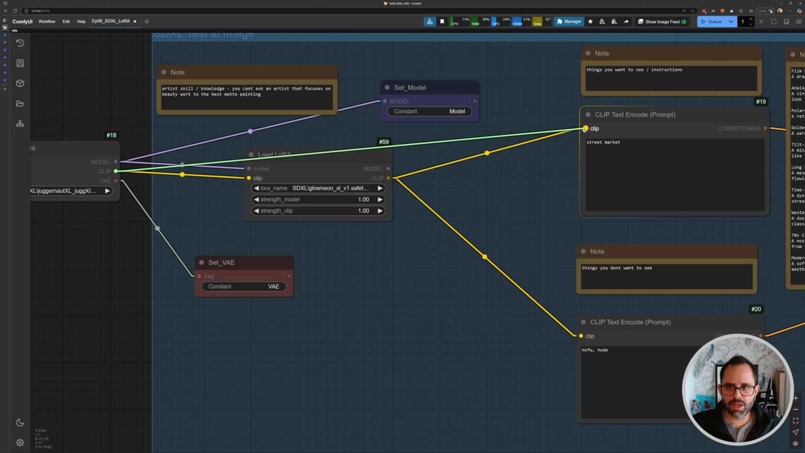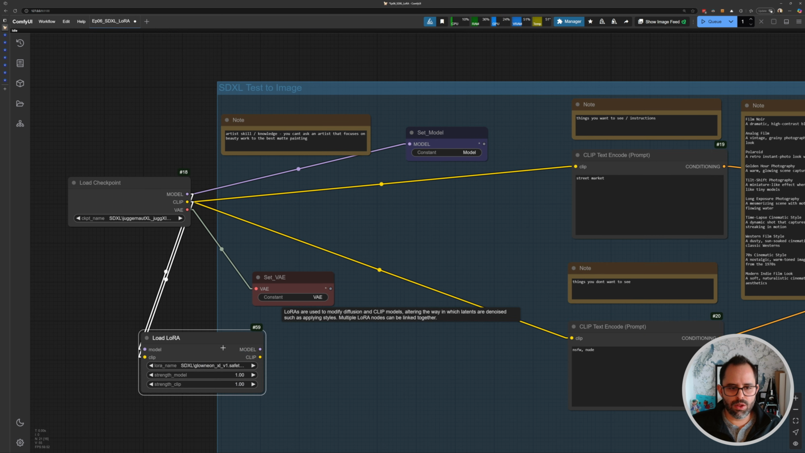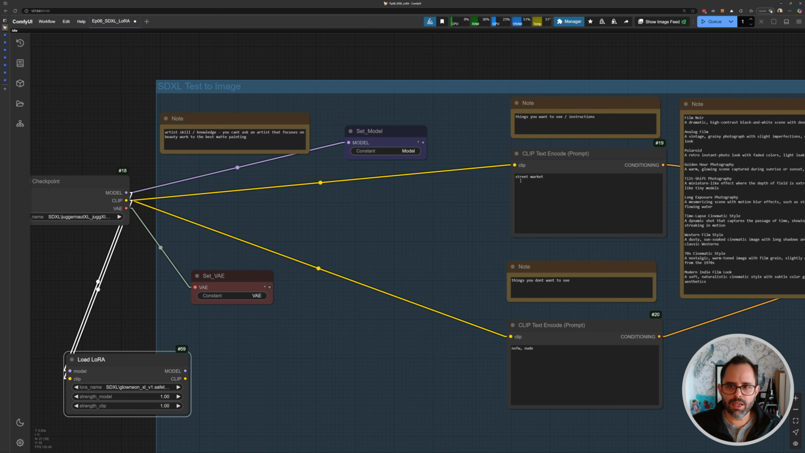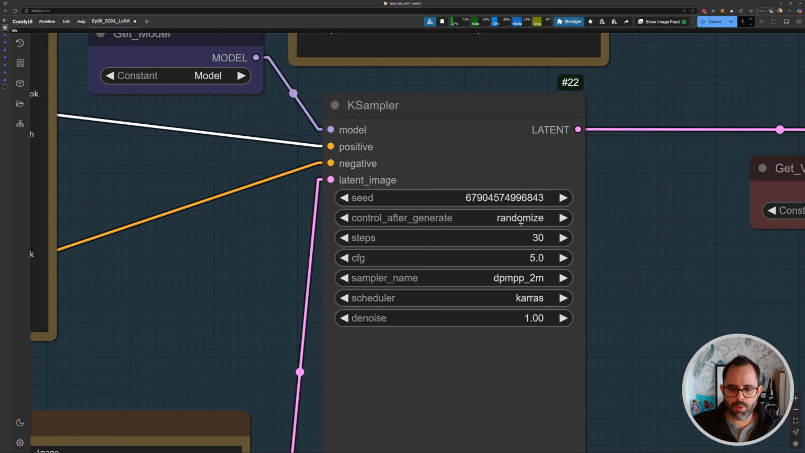And then the clips, I'm going to connect directly from the load checkpoint node. And now our load LoRA is there, but it's not really doing anything. Here in my positive prompt, I'm going to go ahead and type something, let's keep it simple, something like motorcycle. The other thing I want to do is set this to fixed so that our